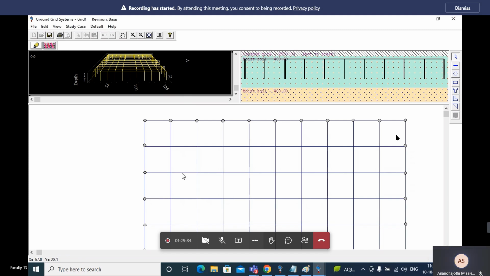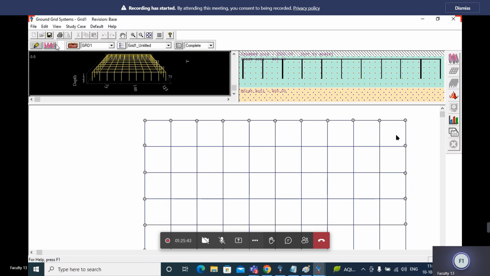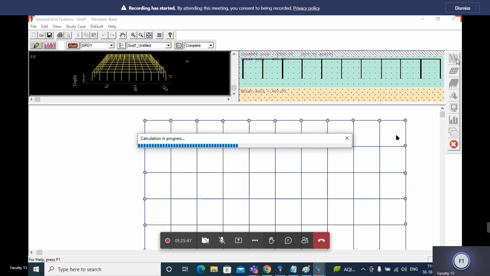In the IEEE method, we can change the rod type and square mm also, right? But here we can change only the conductor square mm alone.